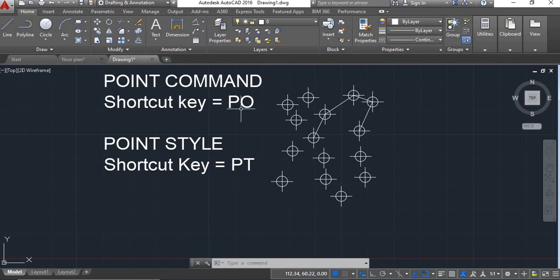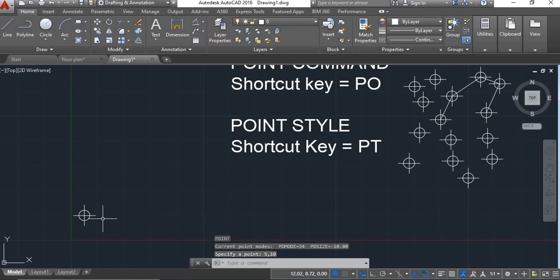Now again there is another option for point command, that is by coordinate method. That is if you give PO, enter. Now here you can mention the coordinates. I'll give coordinates, that is 5, 10 and say enter. Now you'll see here this point has come at the coordinates of 5 and 10. 5 from y-axis and 10 from x-axis.